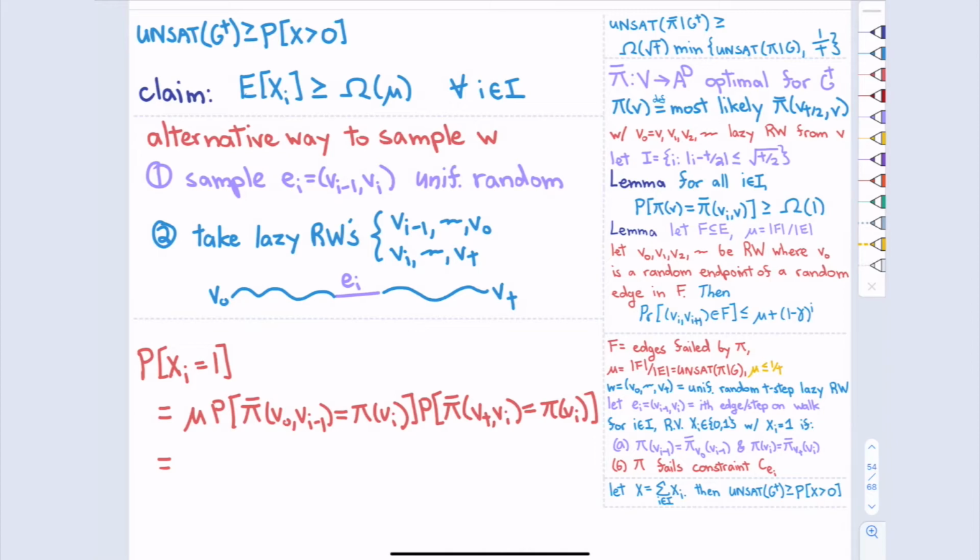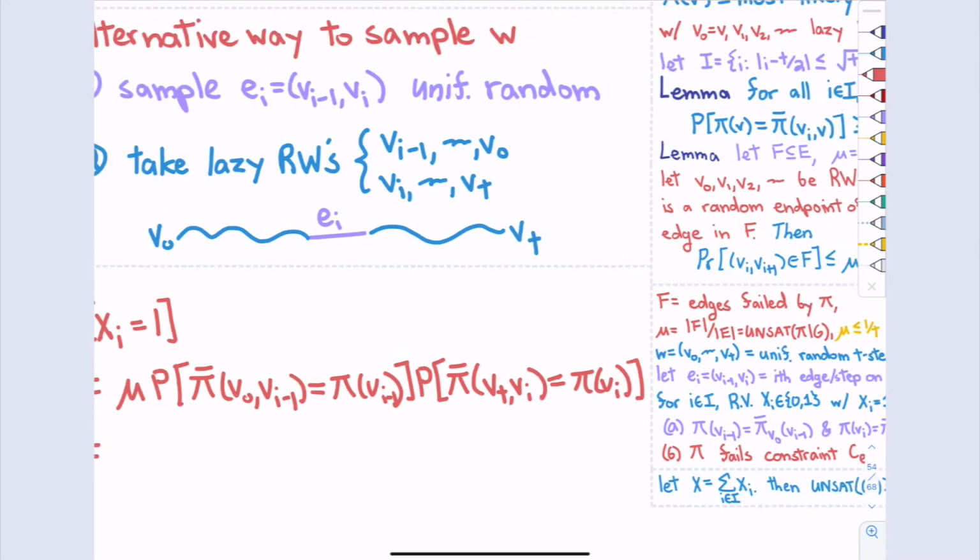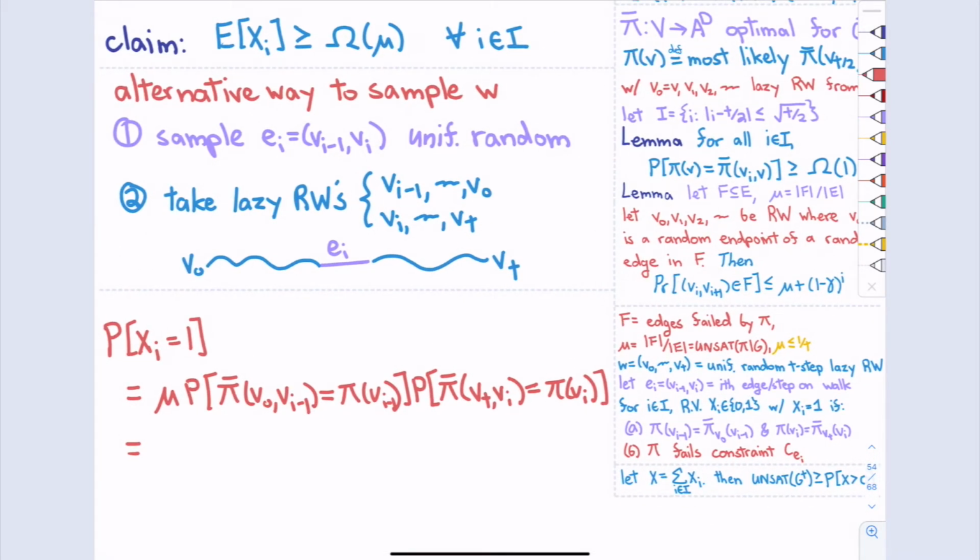And then I need to walk to v_0 and ask, what are the odds that v_0 assigns to v_{i-1} the same label, the one pi gives v_{i-1}? And what are the odds that when I walked from v_i to v_t, I arrived at something that assigns the same label, the popular label, to v_i?